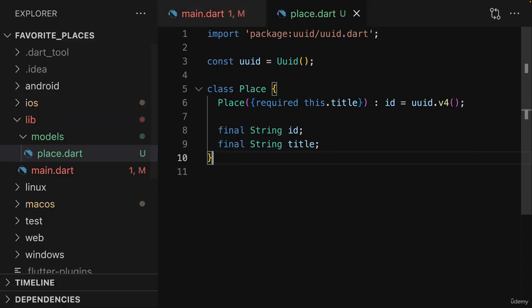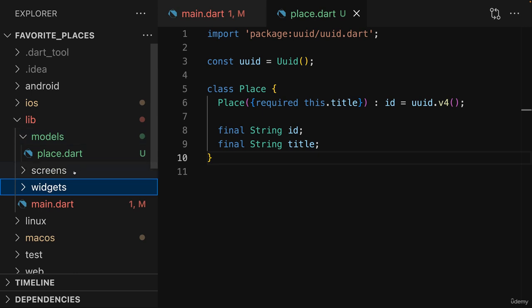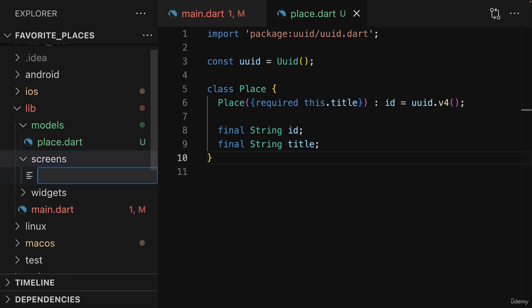With that finished, it's now time to add some widgets and some screens. And here I'll add a screens folder to hold my screen widgets and a separate widgets folder, which will then later hold any widgets that are not standalone screens. But I'll start by adding a screen here. To be precise, I'll add a couple of screen files already, and then we'll step by step add the widget